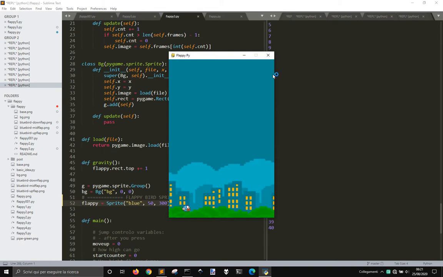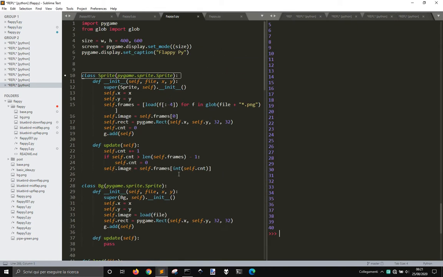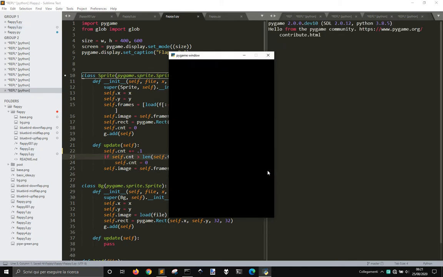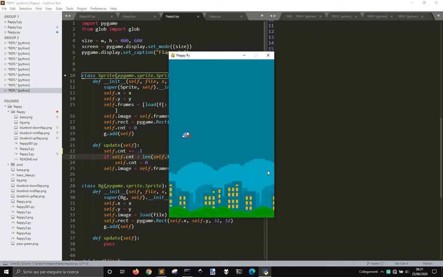Perhaps now you see the animation is a little too fast. So instead of going +1 here, we proceed of +0.1 here, and let's see what happens. See now the animation slowed down